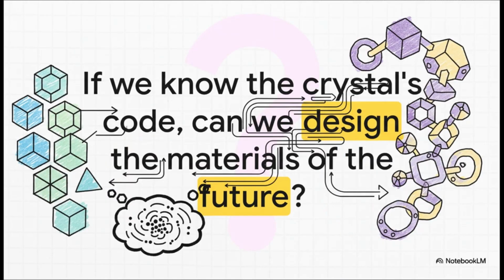So where does all this leave us? We've cracked nature's code. We get the blueprints, we get the arrangements, and we get the rules of symmetry. The big question is no longer just about discovering what nature has already made, but what we can now create. If we know the code, can we actually start writing it ourselves to design the